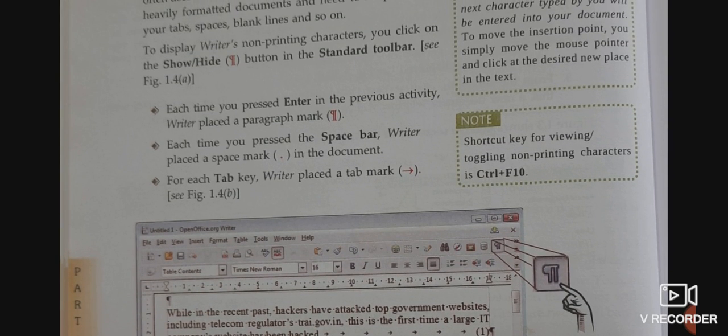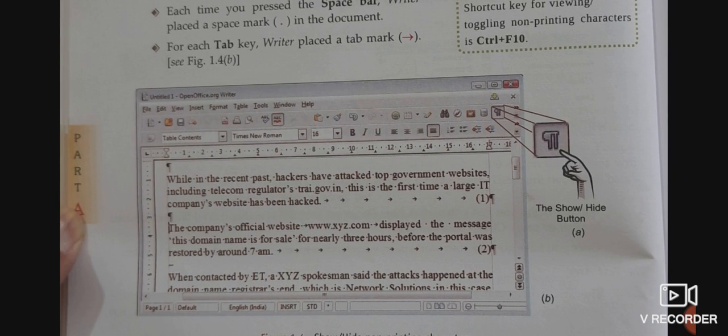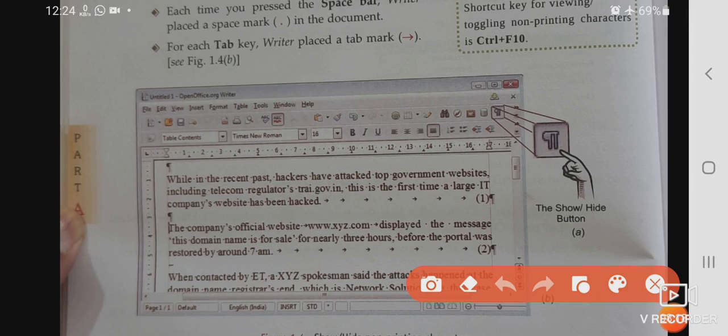When you press the Enter key, an inverted P is visible. When you press the space bar, we get a dot.